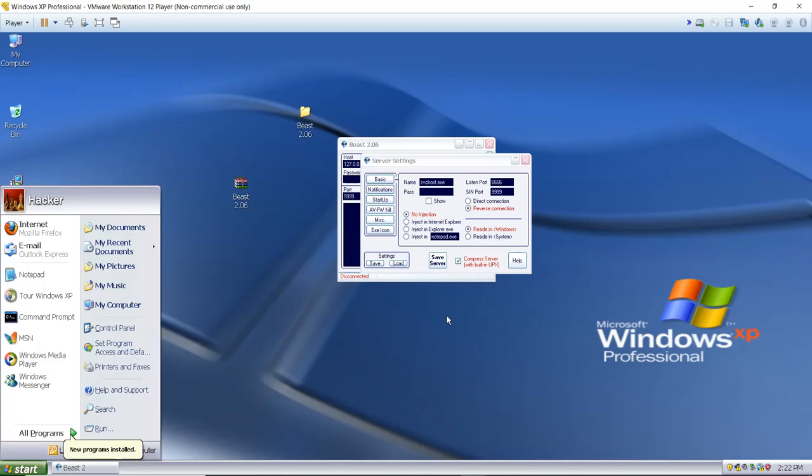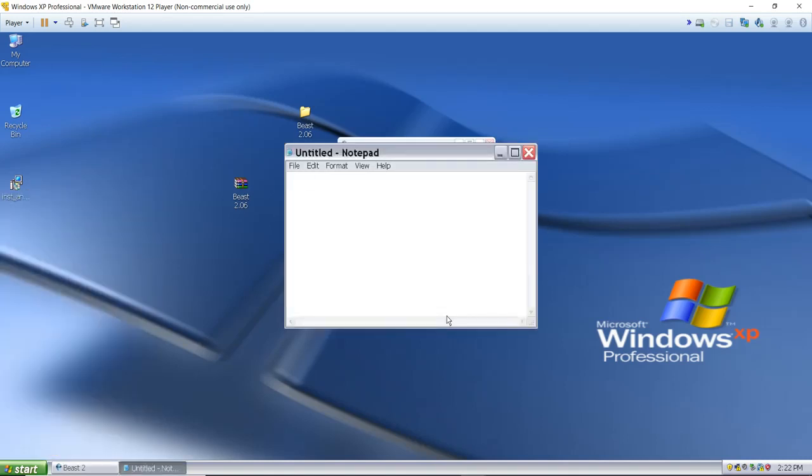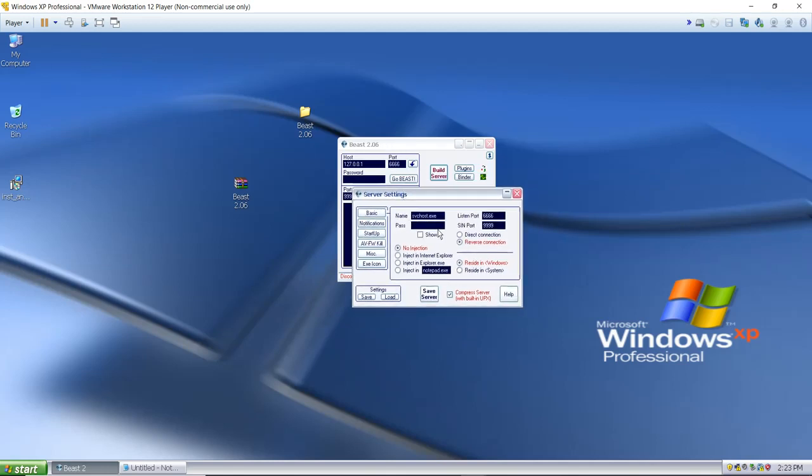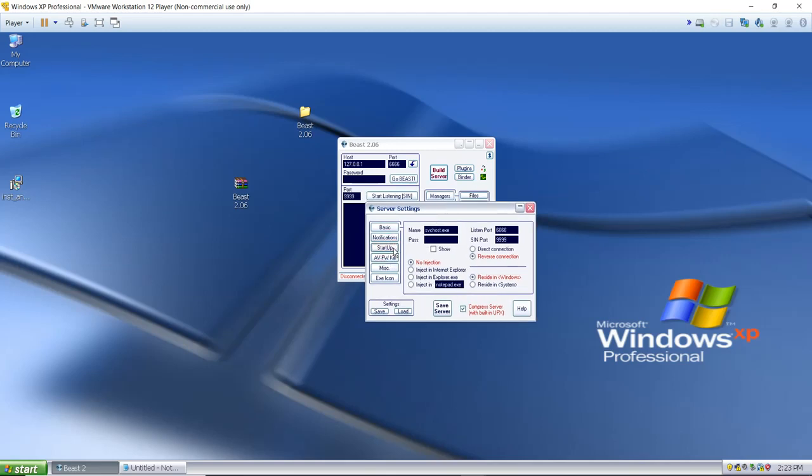First of all, let's understand what we are doing. Suppose there are two friends A and B. A came to B and asked him for an antivirus program. B told him that he doesn't have any, but he can create one, right? So you have to wait for some time. A agrees because A knows that B is a technical guy, right? So B opened the Beast software, which is a RAT, and started creating a Trojan. Okay, so the next step is